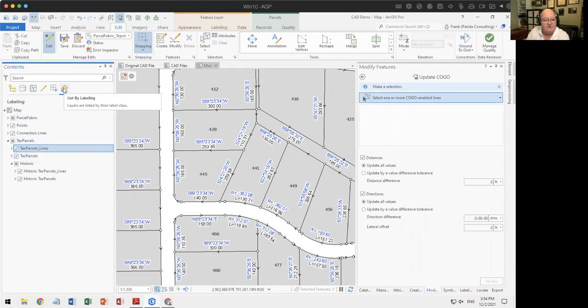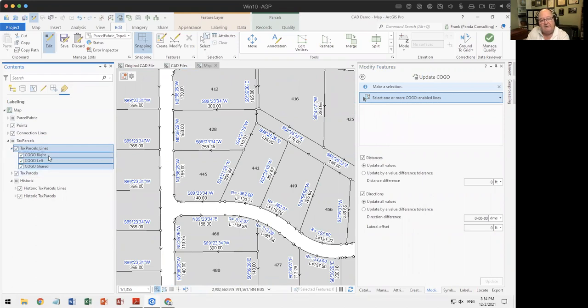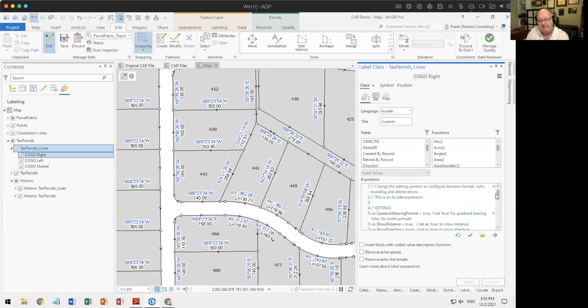I'm going over to the list by labeling and showing you that we now have 3 in 2.9. We now have 3 labels for here. They all are going and outputting the bearing and the distance. If you wish to have it just show you the distance and not the bearing and the distance,